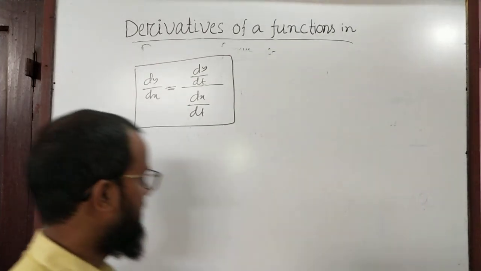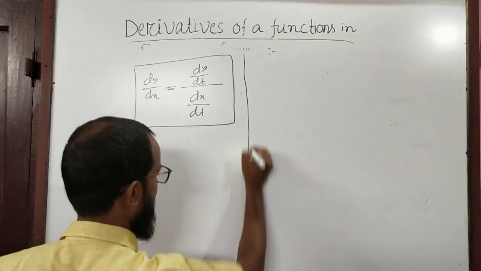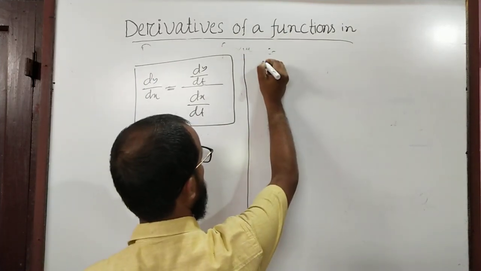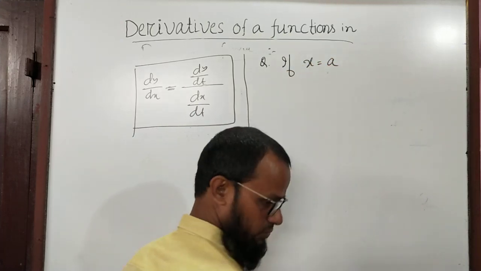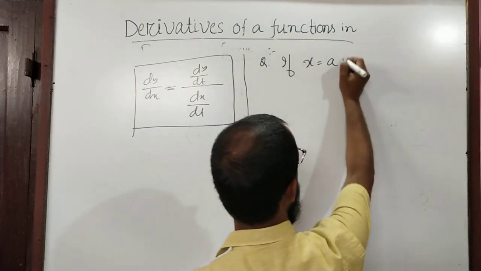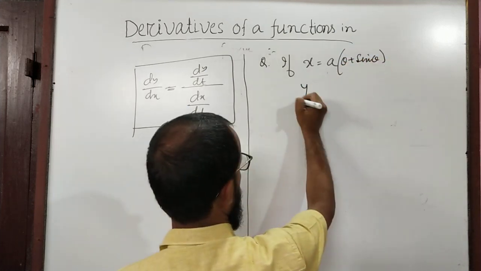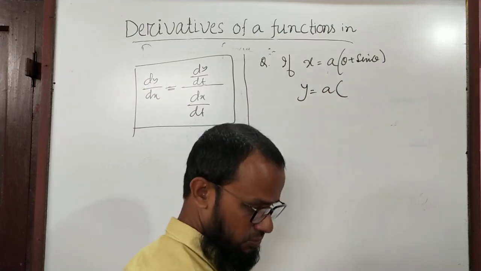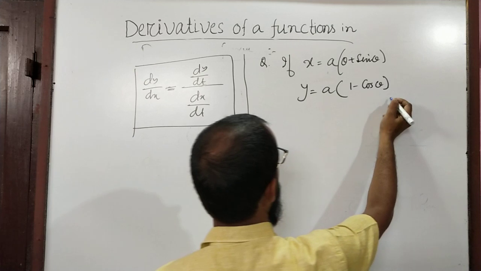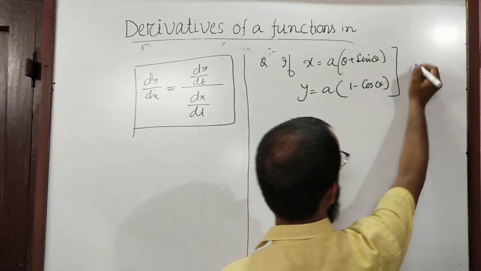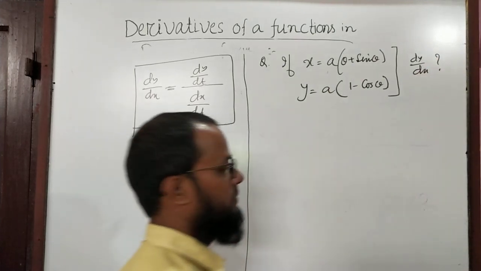So start with an example. Your formula is this. Start with a question, a particular example. Suppose the question is that if x equal to a into (theta plus sin theta) and y equal to a into (1 minus cos theta), then your aim is to find what is dy by dx. Okay,